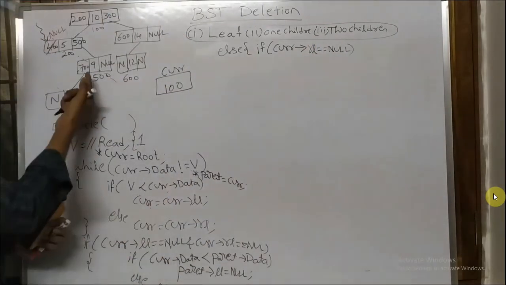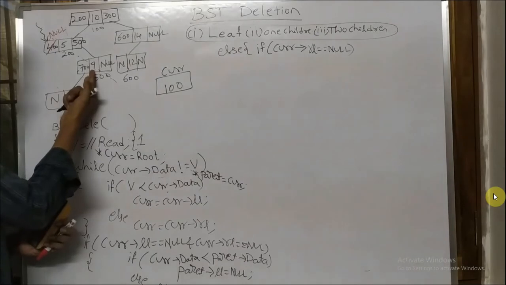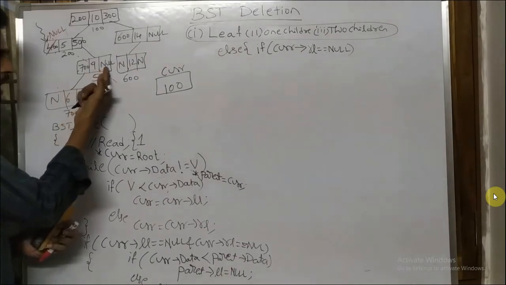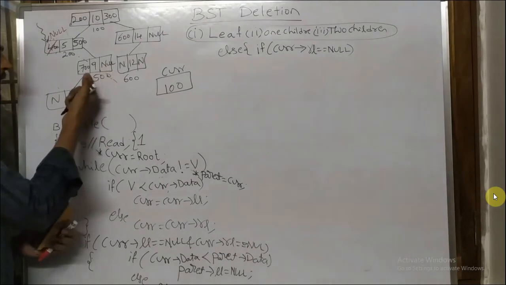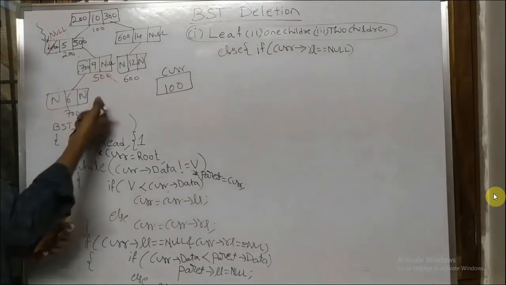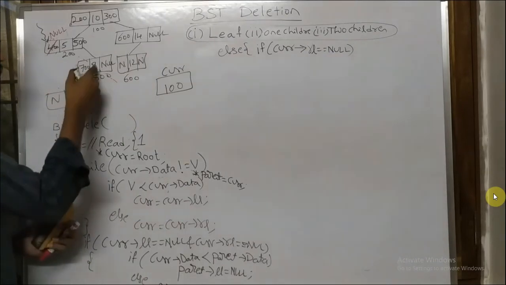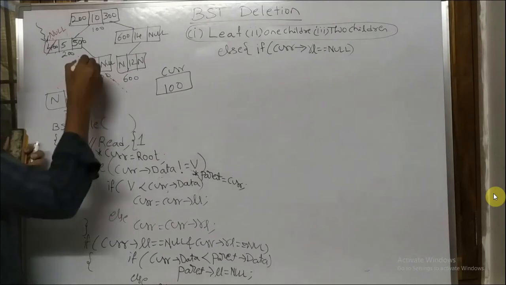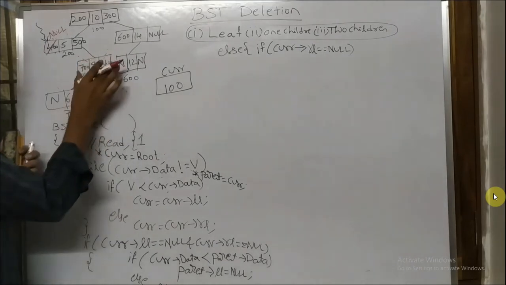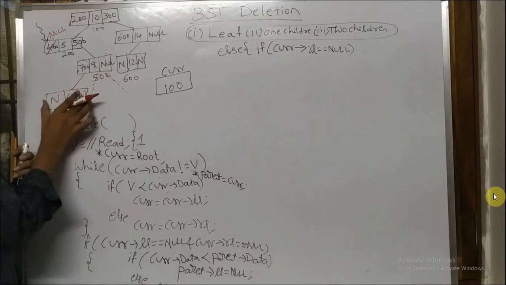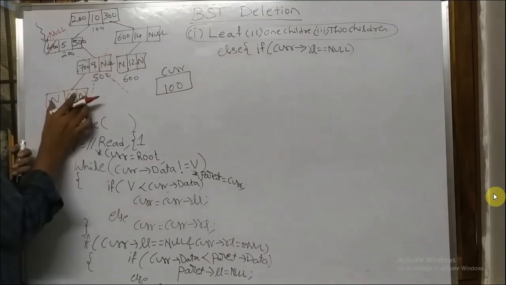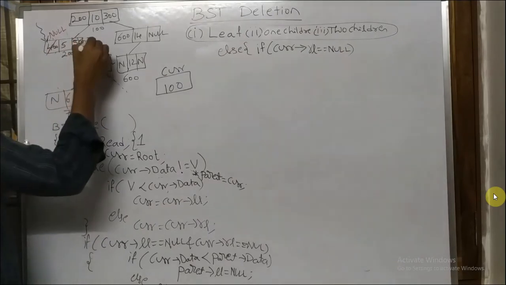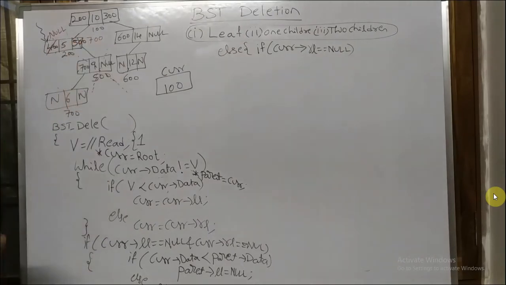If current tends to right link is null, meaning that if I want to delete the node 9, and this corresponding node 9's next link is null, meaning that it is having a single child, which exists to the left side of this node 9. When it exists to the left side of this 9, after deleting the corresponding node, for which location do I need to make a modification? I need to make it so that it is appended to this particular cell, meaning that I need to write the address here.